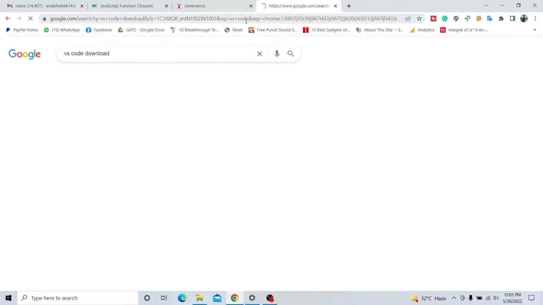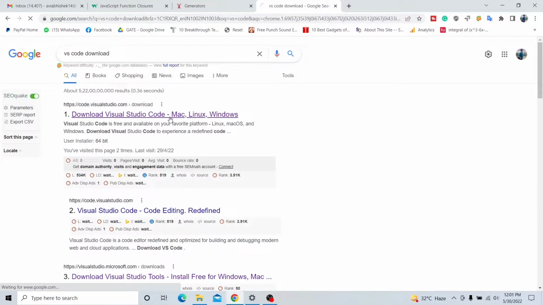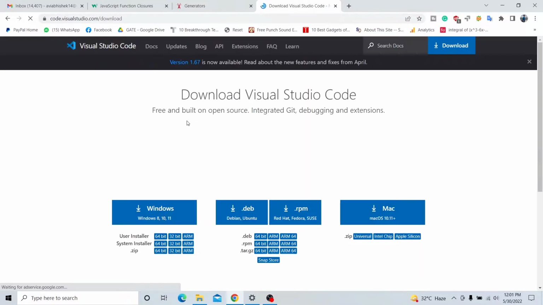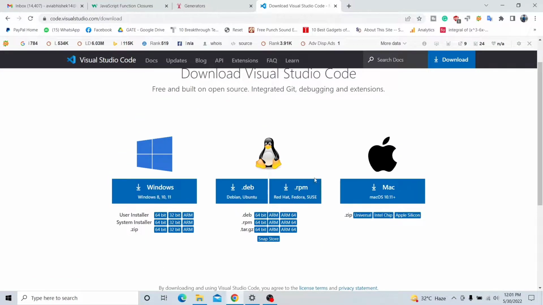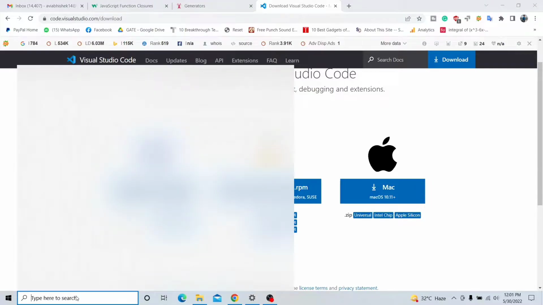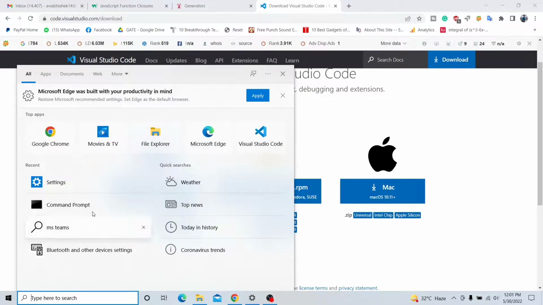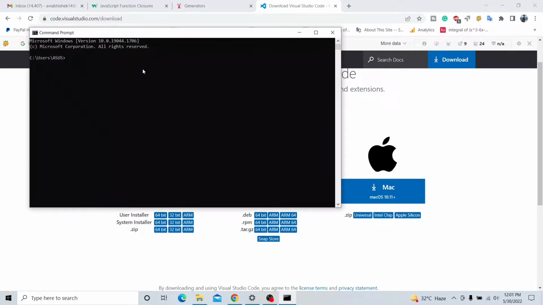download, and from here you can download it for whatever your OS. If you are using Windows, then you can download from here, and if you are using Mac, then you can download from here. First download VS Code, and just check once that you have already installed your